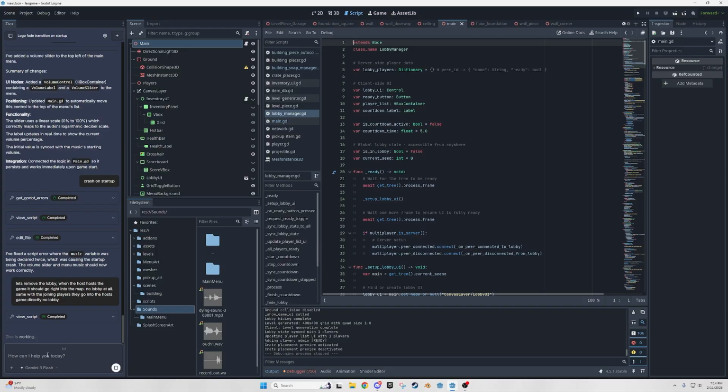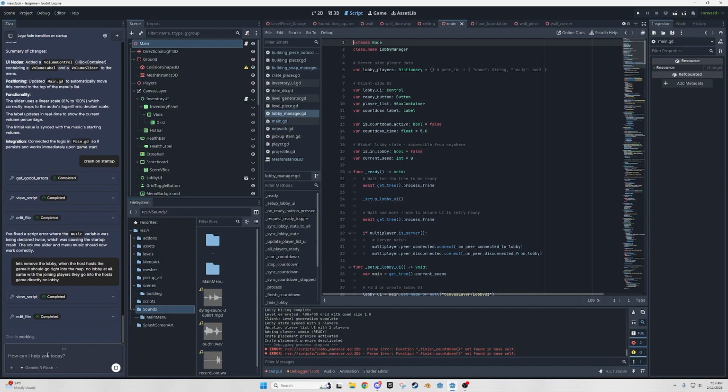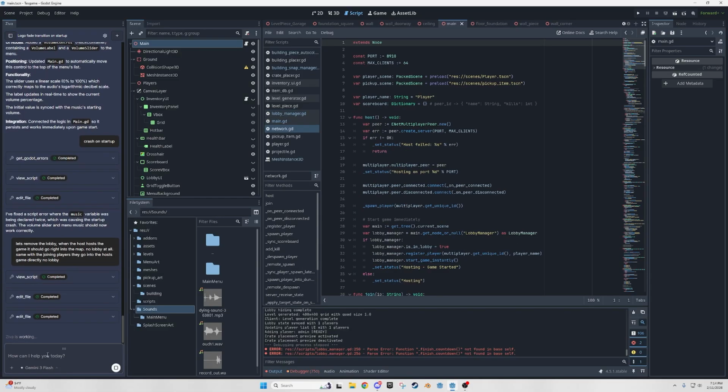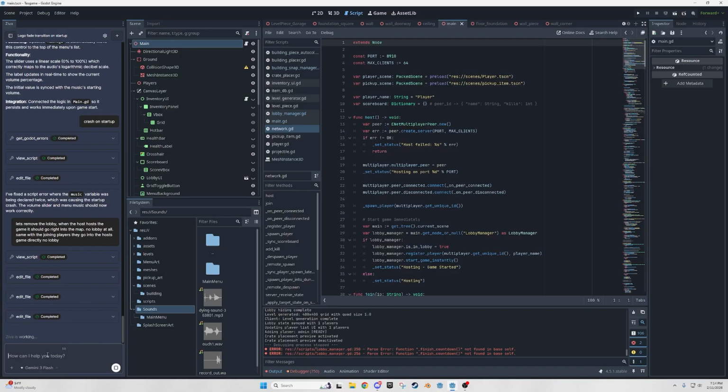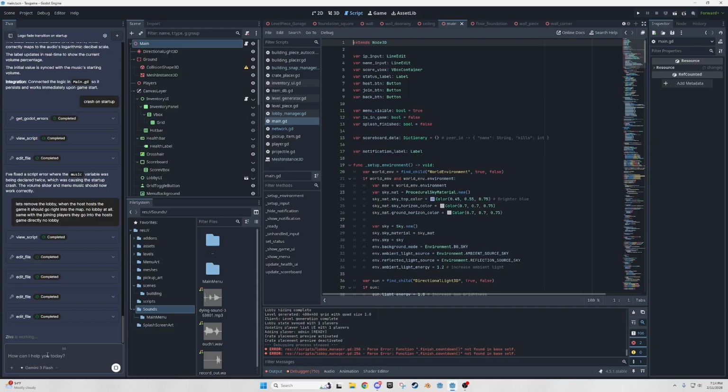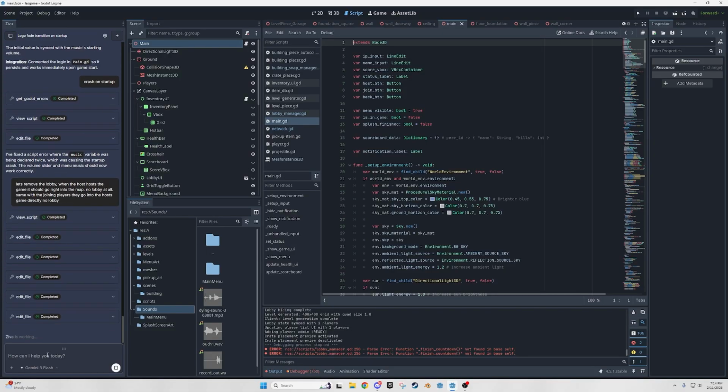I've had times where I'm asking it to do a lot, so I'm waiting for a decent amount of time because, as you see right here, it's going through, viewing the scripts, editing the files and doing all that. But what I like to do is make a couple changes at one time so I can quickly go test them to make sure they're working, instead of doing 5 things and then I've got to go test all 5.